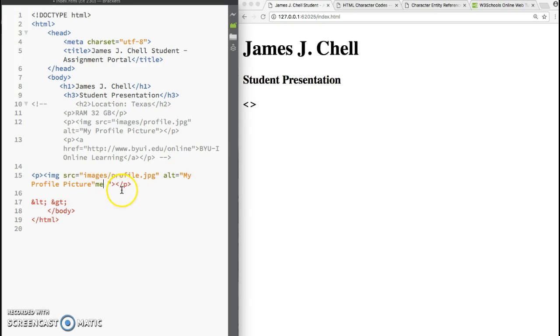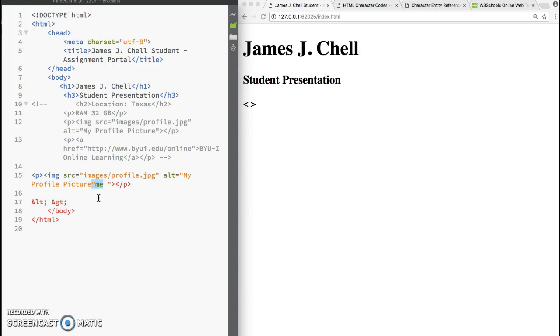What's this doing here?" And it won't give a proper attribute. It'll be missing the close of the attribute, and so it'll throw an error. So what we need to do,